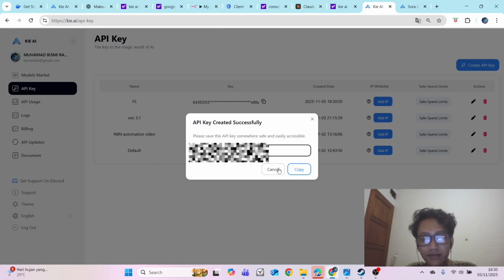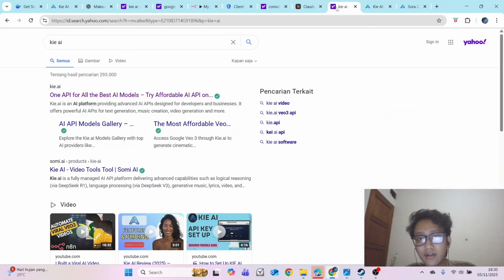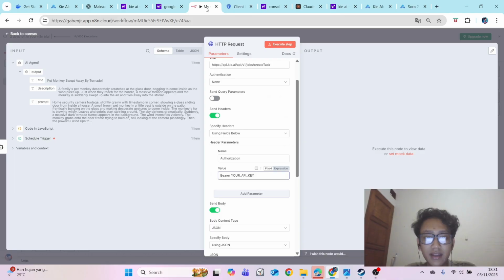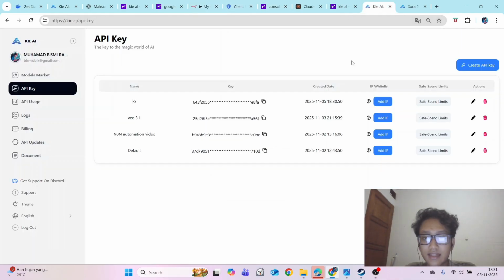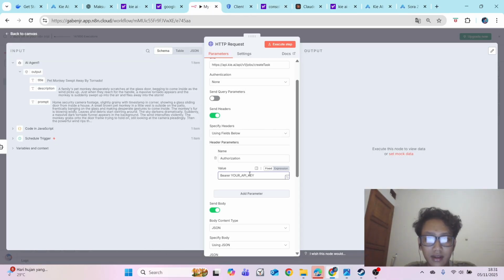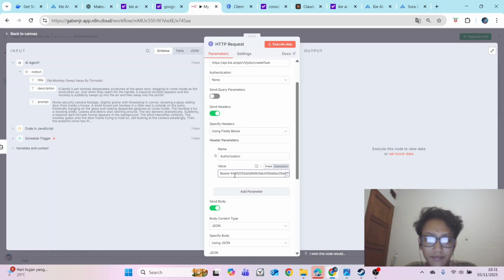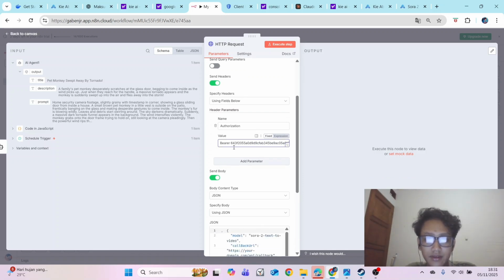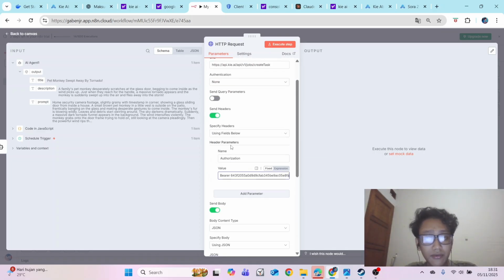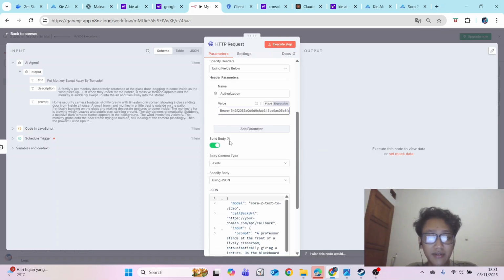For example, I do not need this one, so I will just close this, and you can copy your code here. I will use my code here. Paste your key here. So after this, do not delete the bearer just like that, or otherwise your HTTP request will not execute.